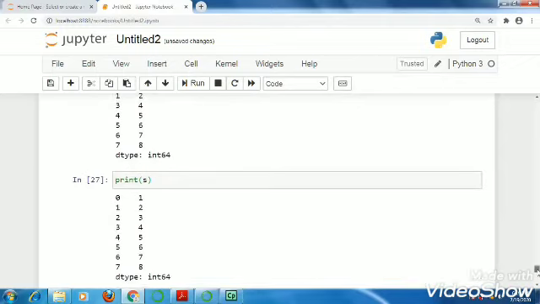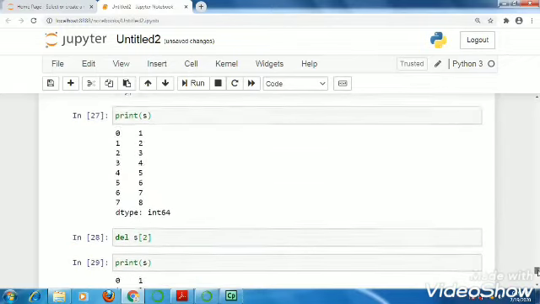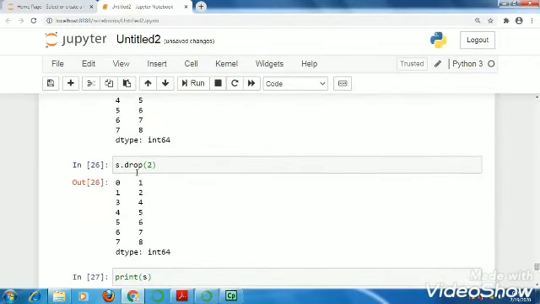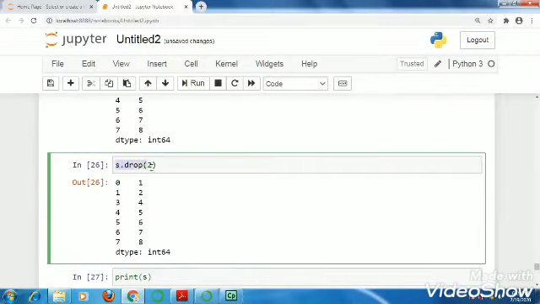Once again, just see, when we use drop, I write s.drop(2). Instantly it gave you the result. That means the drop function returns the series in the result.